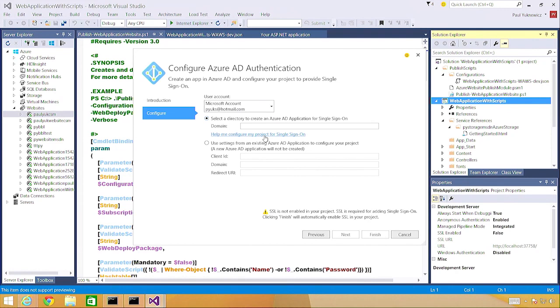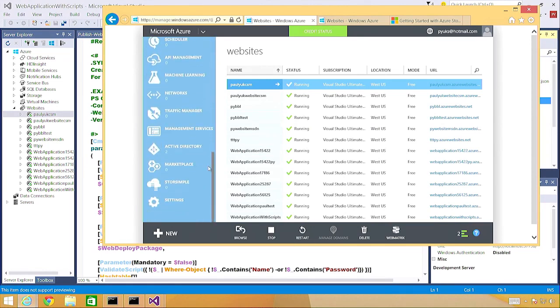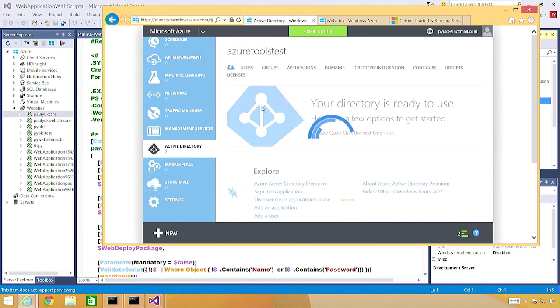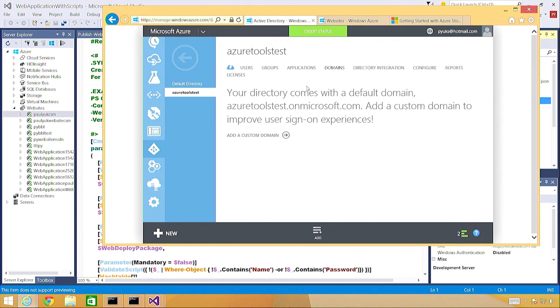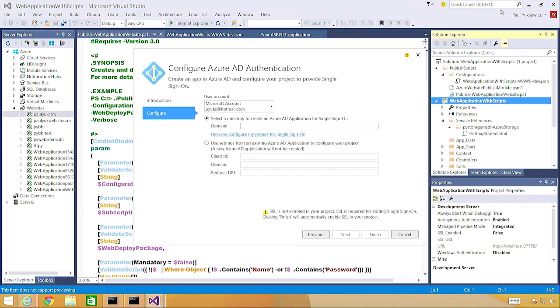As the help link shows, we can look for that domain in the portal. So we'll pick Active Directory. We'll look at a particular dev test directory. Grab the domain from here. Paste that back into the tool